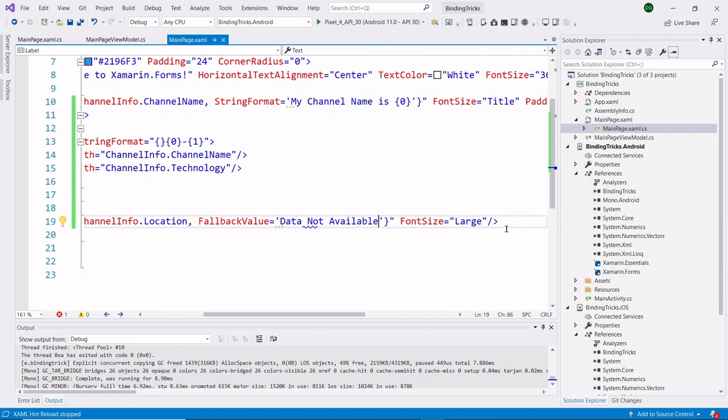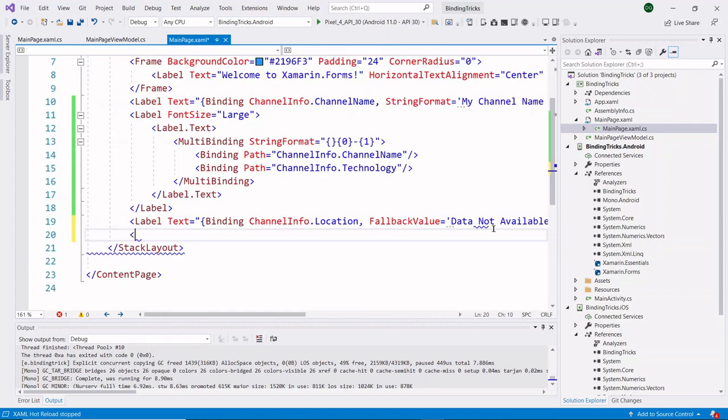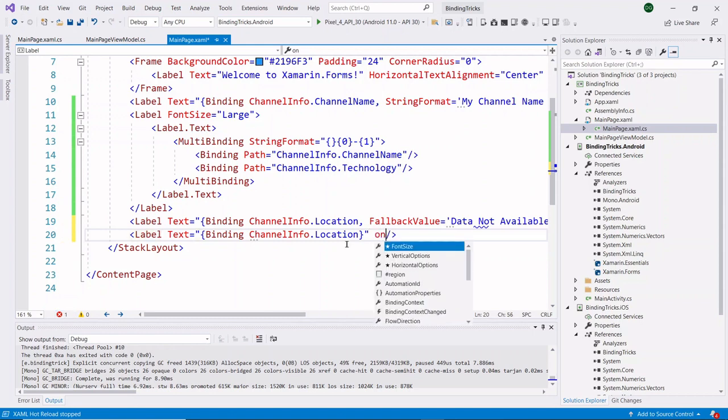Now I am assigning target null value to my label. Let's run our application and see how it will work.